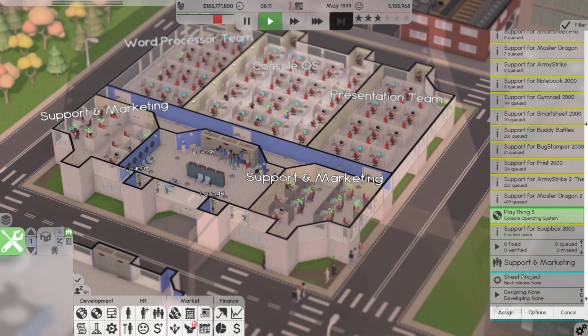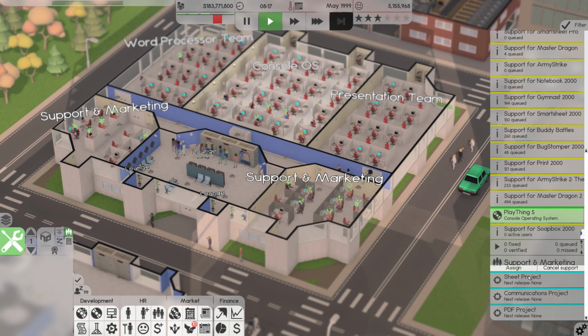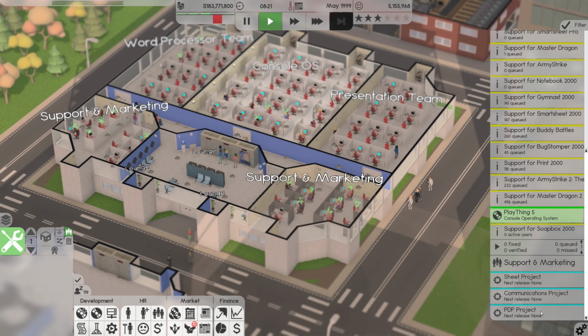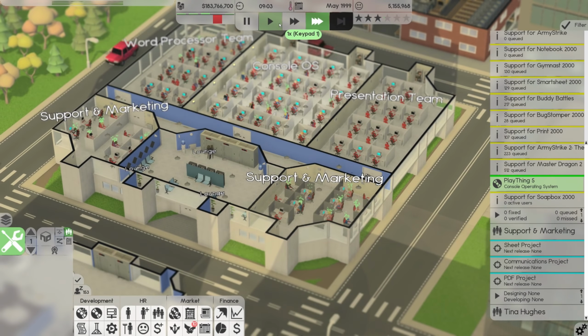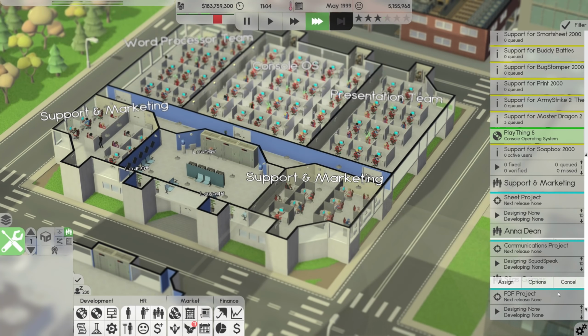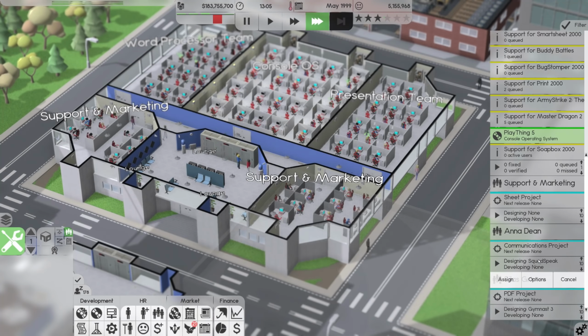And then looking at all of this, the Sheet project still isn't doing anything. Communications is designing Squad Speak right now. PDF project is doing nothing right now. So we're just gonna sit on all of this, I guess. Annoyingly, I don't really know how to get these guys to hurry up.